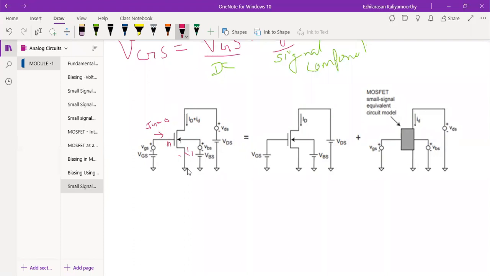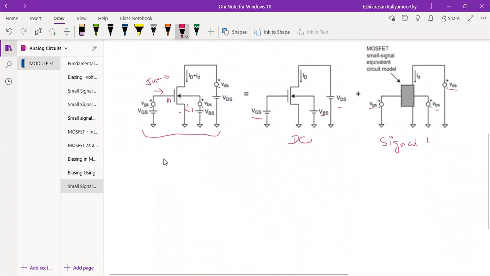Okay, see how it is done. This is nothing but the combination. Now how it will be separated: first, you can see this is all DC, only the presence of DC components. Here we are having only the signal component. That is why I am not showing the MOSFET here; this is the MOSFET small signal equivalent circuit model. All these terms are the small signal model, and this is how these two will be superimposed on this circuit. This is what I meant to say.